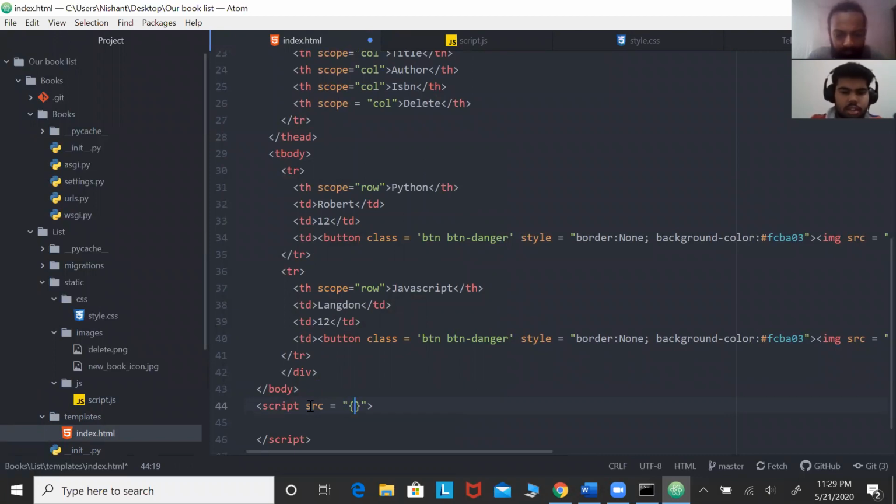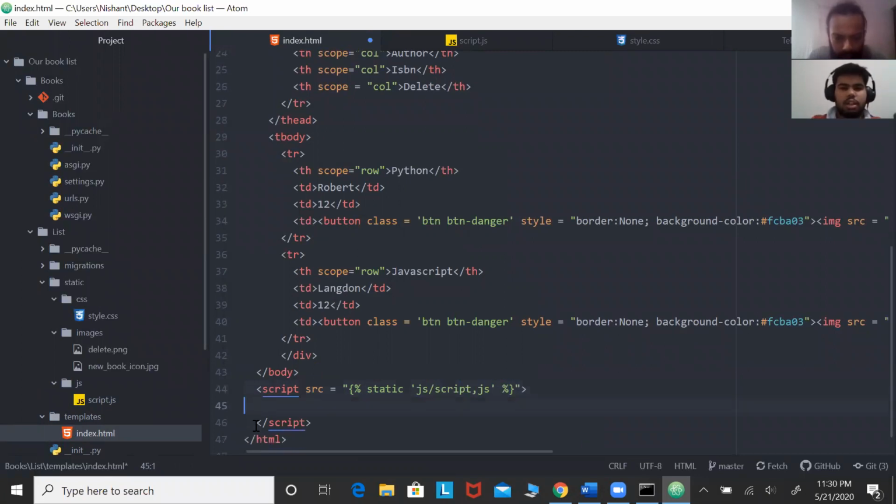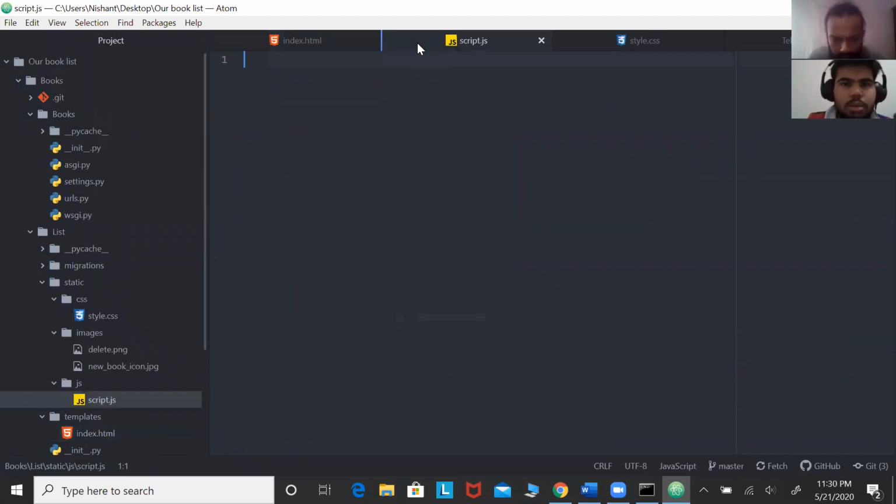the same syntax, static, and js slash script.js. Do not forget to put another percentage sign, and I think my JavaScript is connected. I'm gonna check by typing over here console log, let's say hello world,